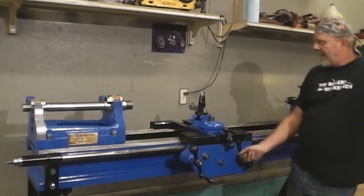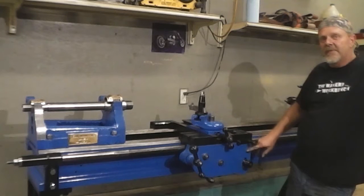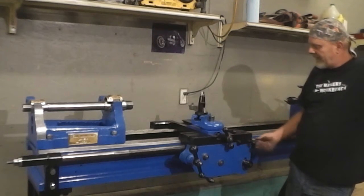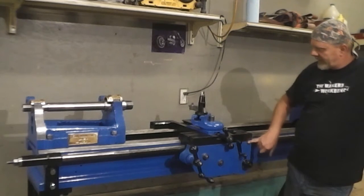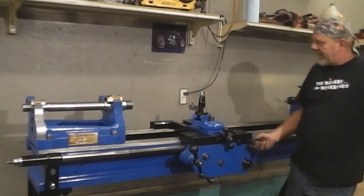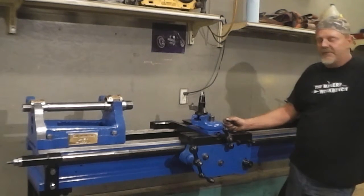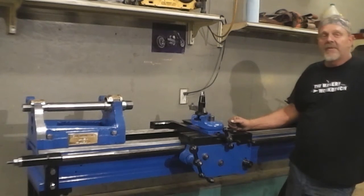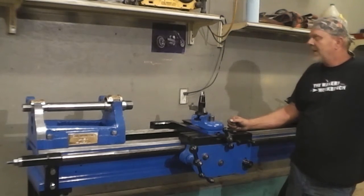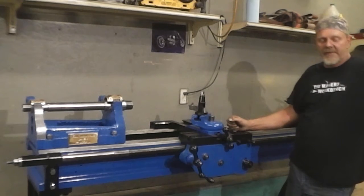The only regret I have is I wish I would have come up with some kind of design to put right here, or some way right here, to open this up and polish out that metal, because this handle for these half nuts is already trying to take off some paint. Had to have some scratches at some point in time. The reality of it is, I put this thing together to use. I'm just trying to make it look good while I'm in the process of making it to where I can use it. Anyway, I'll get started on this headstock over here,